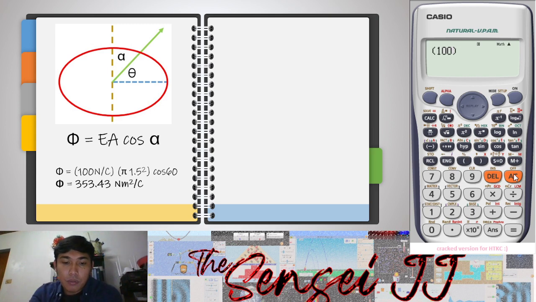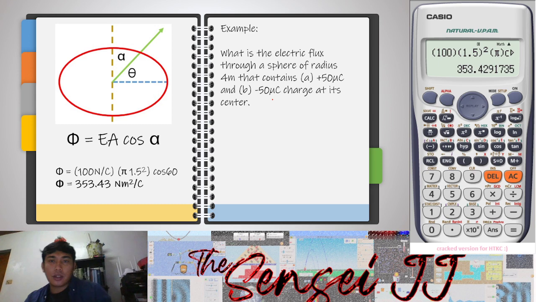So we have here our 100 Newton per coulomb, and we have 1.5 squared, multiply to our pi, cosine 60. And yes, we have 353.43 Newton square meter per coulomb. So we have here our electrical flux of 353.43 Newton square meter per coulomb. Okay? So lastly,